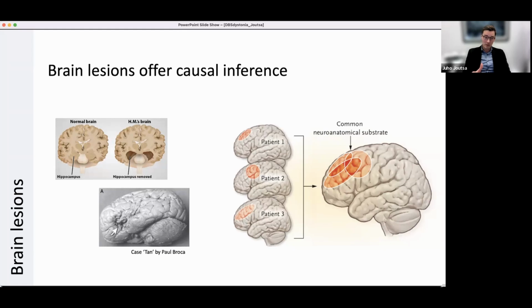You all have heard the story of case Tan, described by Paul Broca, that led Paul Broca to describe the speech production area in the brain that we currently know as Broca's area. So collecting this sort of cases with clear-cut symptoms following brain lesions can also be used at a group level to get more detailed insight on the localization of symptoms. And now if all patients who have a lesion-induced specific symptom, if all of those lesions overlap in one place in the brain, then we can be fairly certain that that symptom originates from damage to that specific spot in